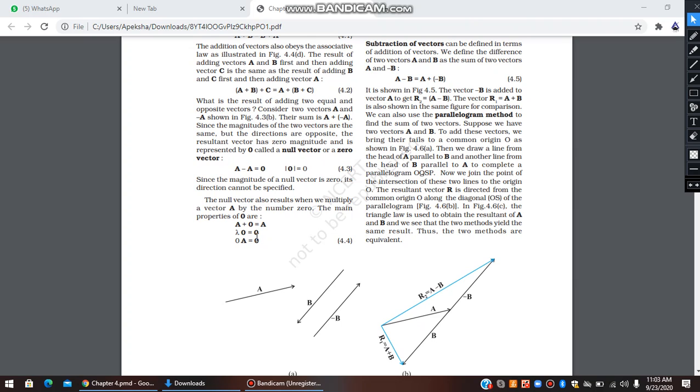So all these things are very important when we come across MCQs. Sometimes in exams they will ask you this and you will be stunned because you have not done the basics correctly. So all the basics are very important. The zero vector is a very favorite and a very important question, especially from an MCQ point of view. So study this null vector properly.